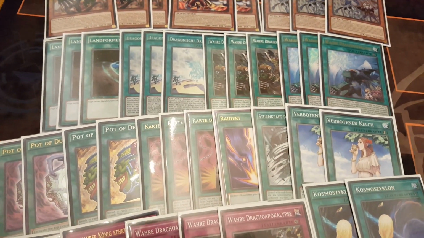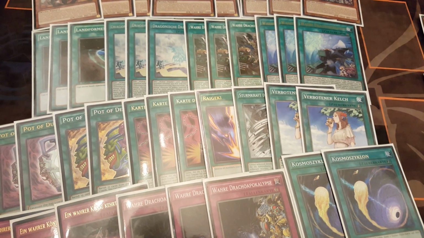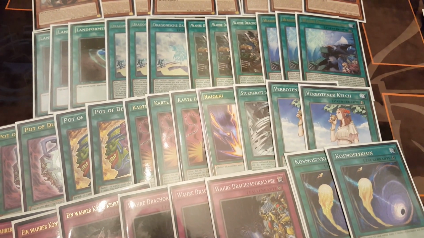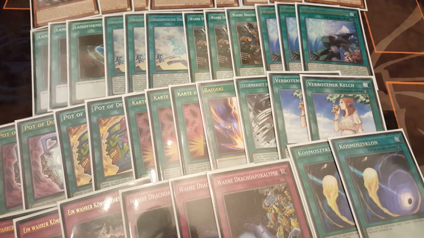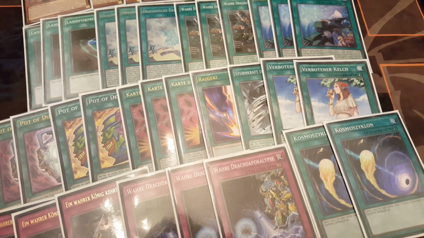For the spells, I think a pretty standard lineup. I wanted to play the quick spells, Chalice, Stormforth and Cosmic Cyclone, because they're good on their own, but you